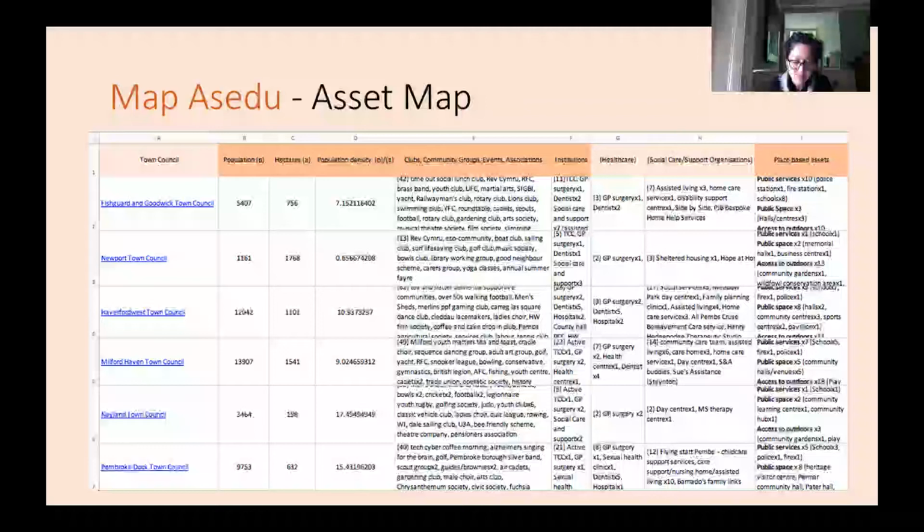As a pilot, we will sample 2 contrasting cases, 1 town council and 1 community council. The selection will be purposive and based upon high concentrations of assets relative to population. This approach offers the broadest context and scope for this project. Our rationale for this approach is based upon 2 considerations. 1, that causal processes will be different according to the quantity and quality of assets in any community or place. 2, the context, for example, whether an area is urban or rural, or densely or sparsely populated, will also have an impact.